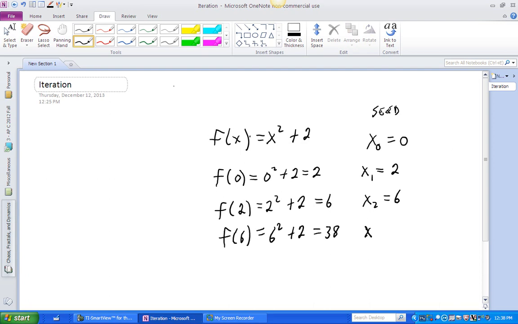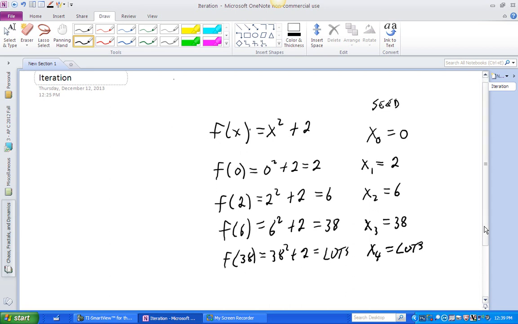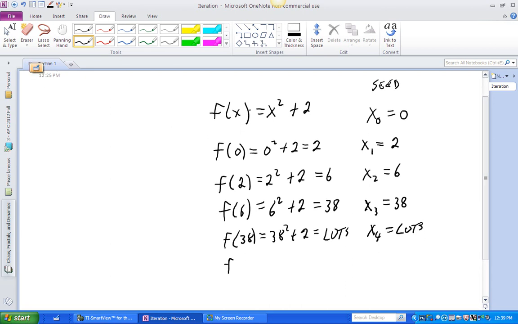And our numbers are continuing to get bigger and faster. Getting bigger faster. And then we'll get f of 38, which is 38 squared plus 2, which is lots. So x4 is lots. And then we plug lots in. f of lots will be lots squared plus 2, which is lots more,